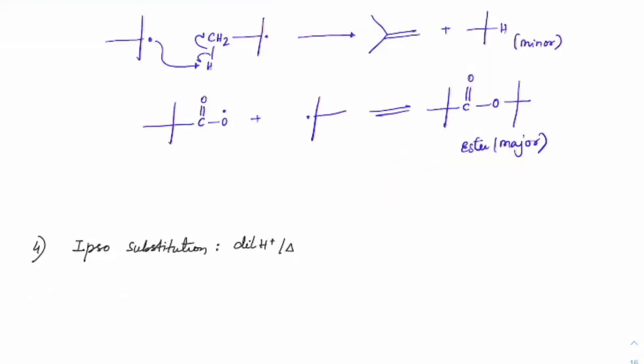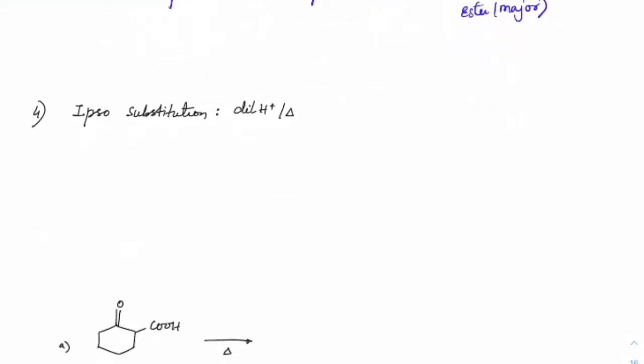Another case where decarboxylation takes place is by ipso substitution, where we have COOH, right, on strong heating in acidic medium. So it would form, this hydrogen will come and carbon dioxide will be released. So this is the ipso substitution. This is a beta keto acid because this is alpha and beta. So wherever we have beta keto acids, on heating carbon dioxide will easily come out. So the product has to be a cyclic ketone plus CO2.